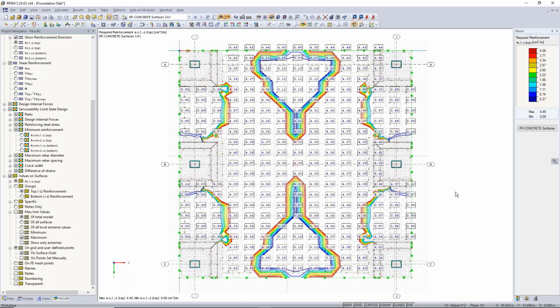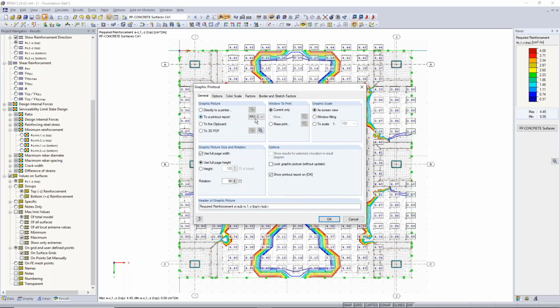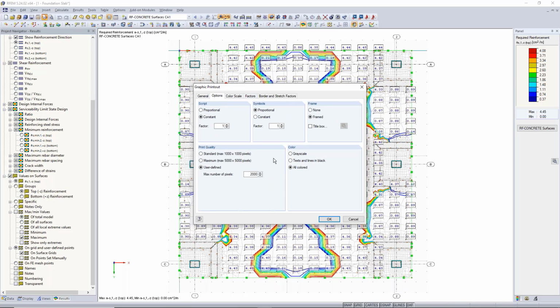With these settings, I could try to print the first picture into a printout report. I press this button for the printer. I select the printout report which we have created. Current view only as Windows screen. Then I use the full page width and the full page height, and I rotate it by 0 degrees. And in this option, I'm using a printing resolution of